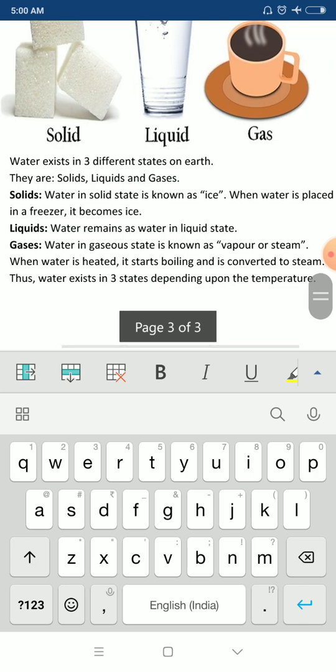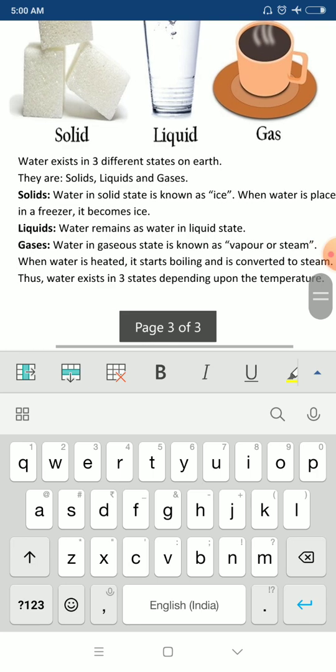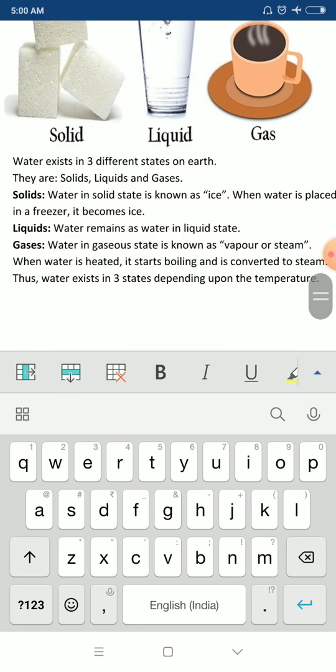Now coming to the liquids. The water remains as water in the liquid state. Then coming to the gases. Water in the gaseous state is known as vapor or steam. We call it vapor or we call it steam. So when water is heated, it starts boiling and it is converted to steam. So water exists in 3 states